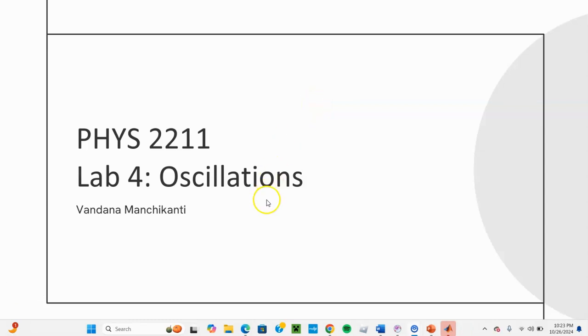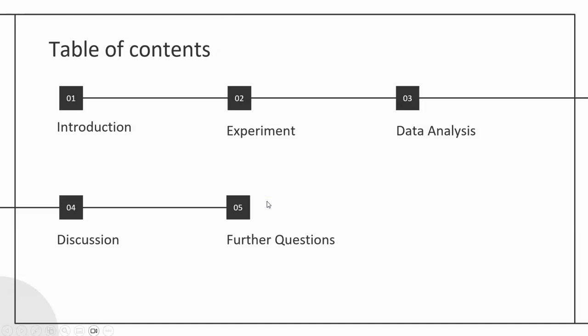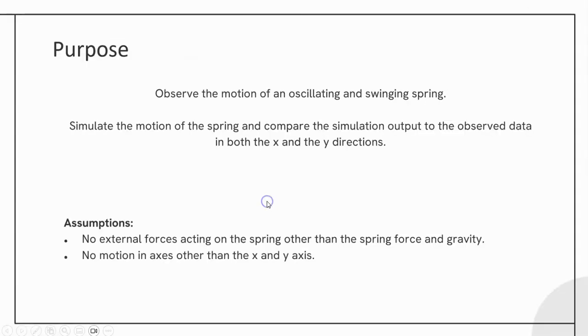This is Lab 4, Oscillations. So this is the table of contents. First is the introduction, and the purpose of this lab is to observe the motion of an oscillating and swinging